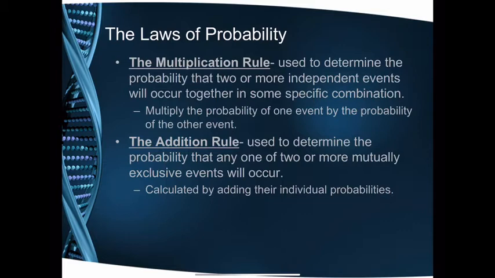When we do the law of probability, we have two different rules that we like to use: the addition rule and the multiplication rule. Let's start down here at the bottom with the addition rule. The addition rule looks at the probability that any one of two or more events will occur, okay? In the addition rule, we add the probabilities. If you have two or more events that could occur, you're looking at whether at least one of them will